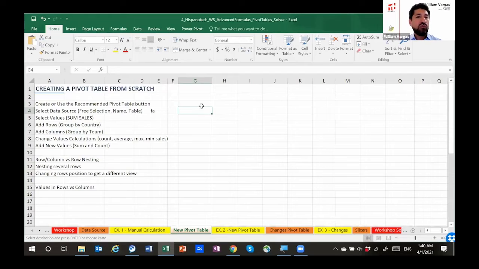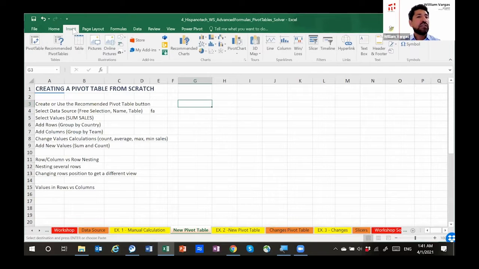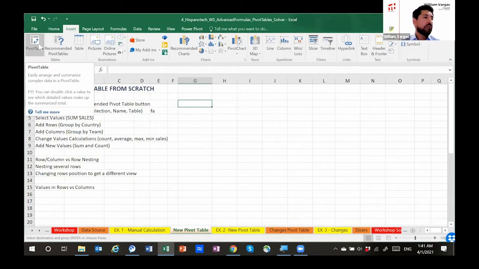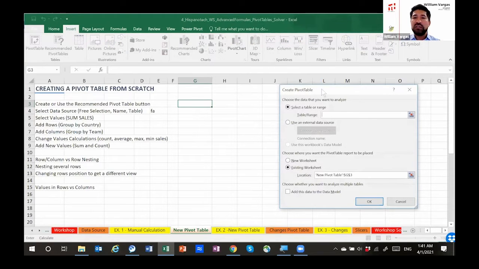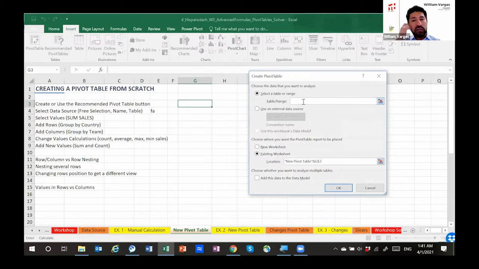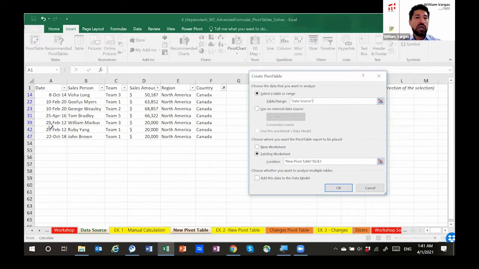So the first thing is how do I create a pivot table? There is a button here. You go to insert and you will see pivot table. It's as simple as that. So we're going to review. When you click on insert, it's asking you to enter the table or the range. It's up to you if you want to rename the range or to actually go and select the range for the table. In this case, I can go here to data source, and I'm going to, sorry, filter,